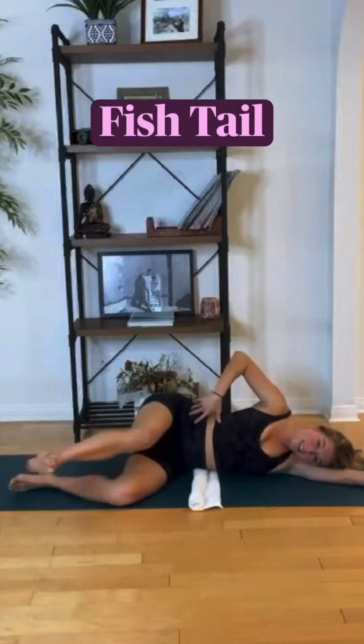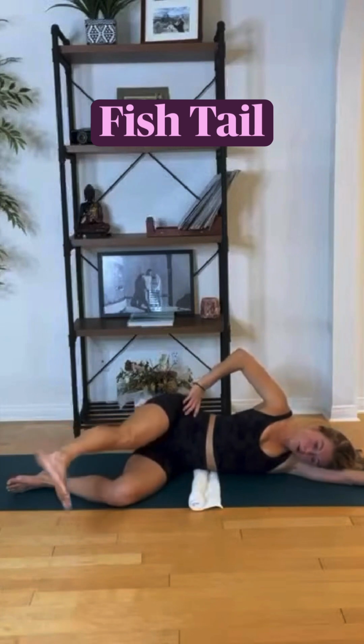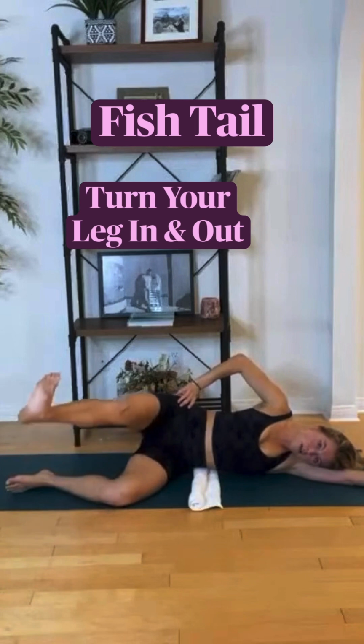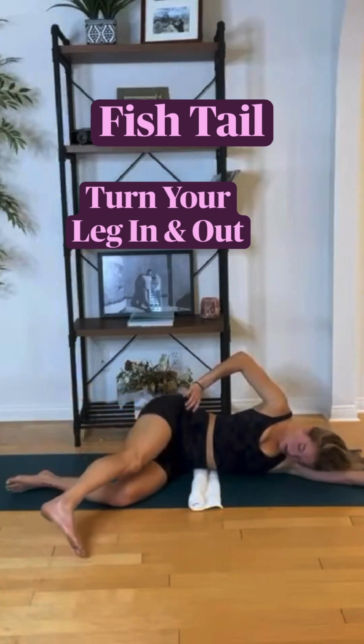We're gonna extend this left leg straight forward, angle the toes down. We're gonna go towards the floor, toes down, rotate up, toes up, lift. Gonna think of kind of like a fishtail. Turn in,